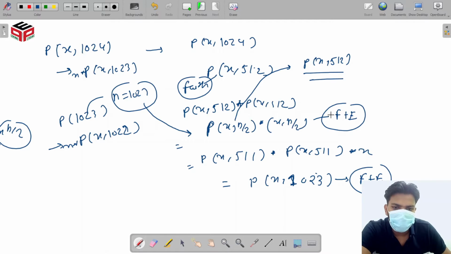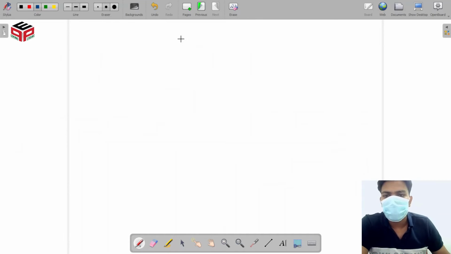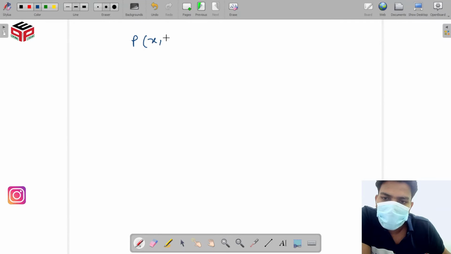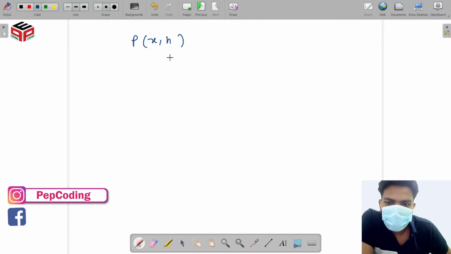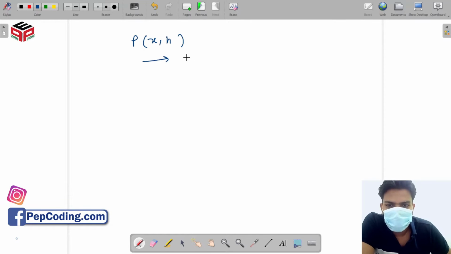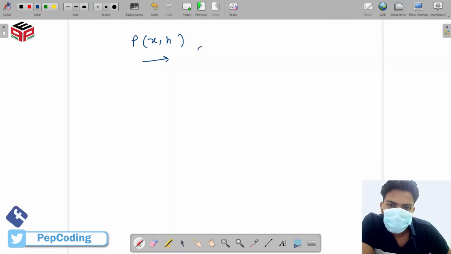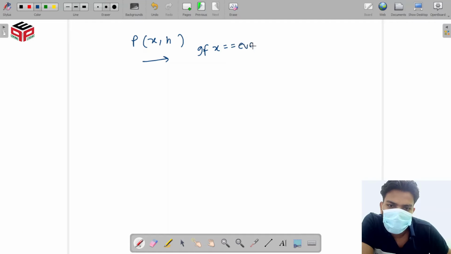So in general, in the new approach, if we want to calculate power of x comma n, what is our faith and what is our expectation? If n is even, then we have faith on x comma n by 2, and we multiply x comma n by 2 again.